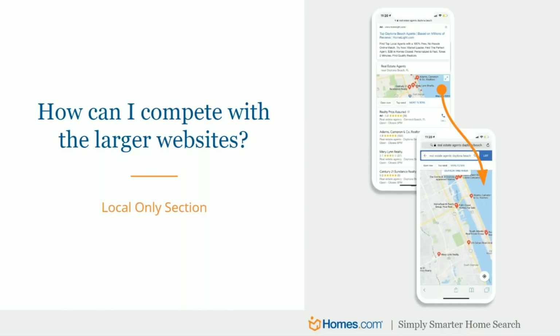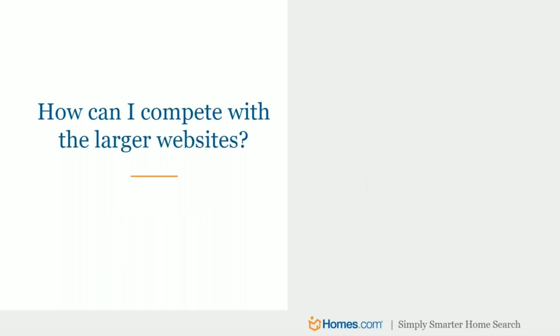And that's where a lot of agents make mistakes. They want to go too big. And it really does also matter on where you are. I mean, if I live in Chicago versus living somewhere in a more rural area, there's a lot more competition. There's a lot more searches taking place. So it's going to take more time to get to page one. If I live in a more rural area, then I can get to page one in numerous keyword searches much sooner than my competition, which is pretty awesome.